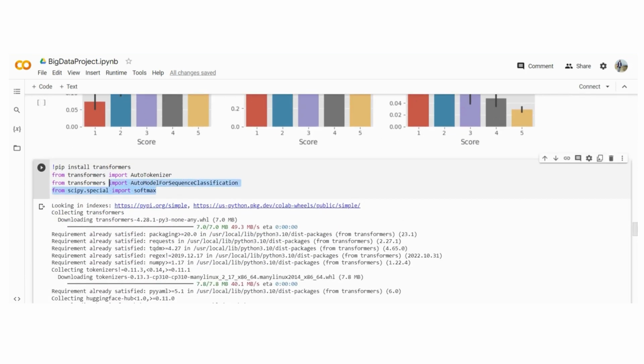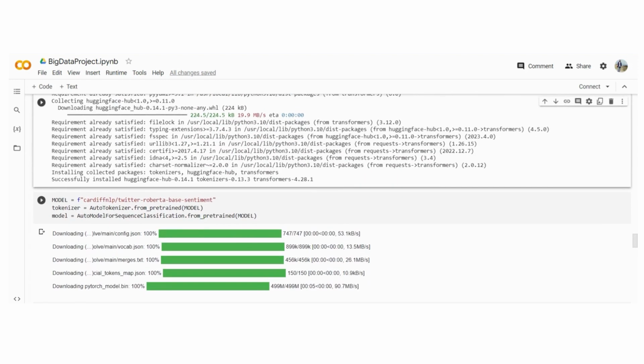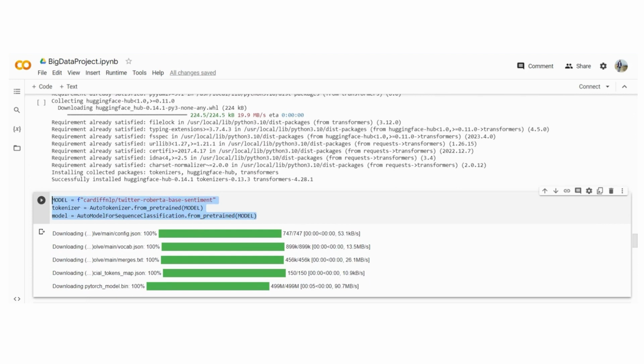Now, as we have seen that we need to install the transformers for pipelining and also for the Twitter RoBERTa model, we are installing it and importing all the necessary modules here. After this gets processed,